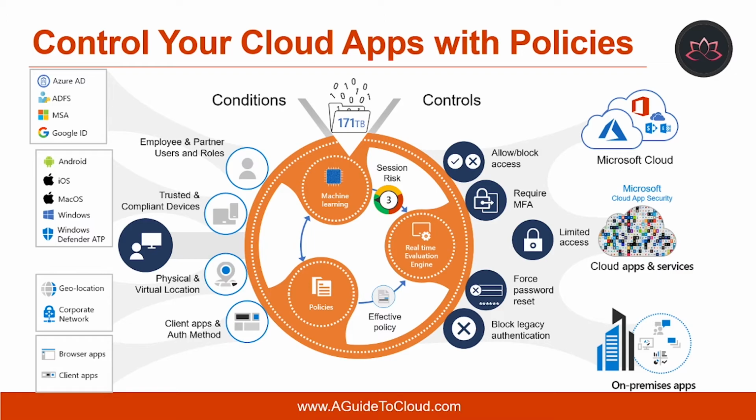There are different types of policy. The first one is access policy. Access policies provide you with real-time monitoring and control over users' login to your cloud apps. The next one is activity policy. Activity policies allow you to enforce a wide range of automated processes that utilize the app provider's API. Then we have anomaly detection policy, app permission policy, app discovery policy, cloud discovery anomaly detection policy, and file policy.